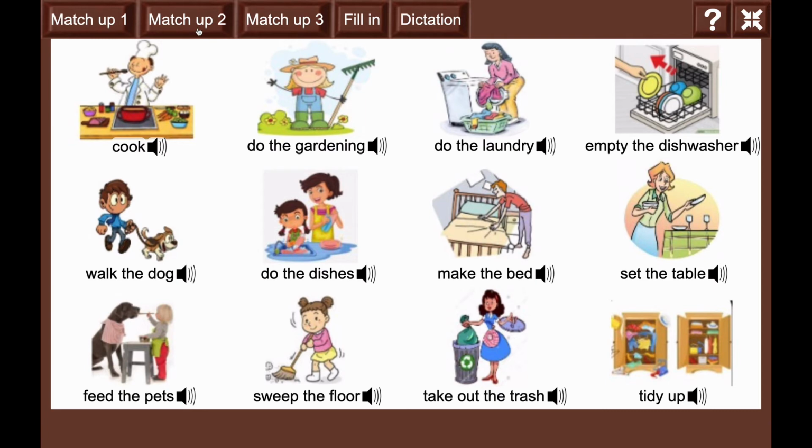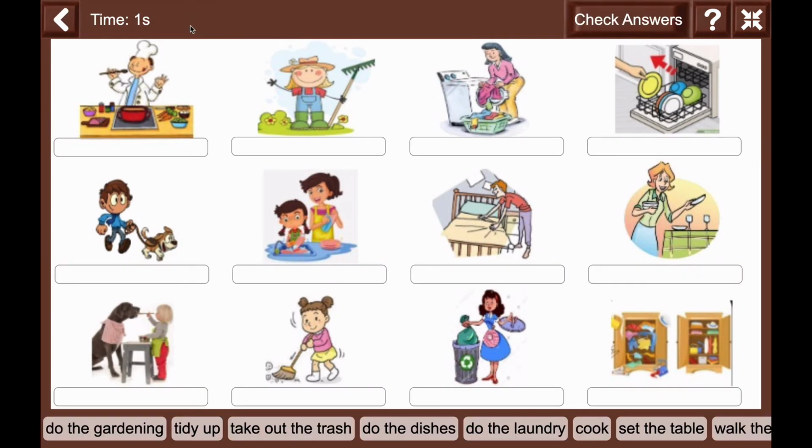Let's try match up 2. This one is not listening. This one is reading. So all the answers are on the bottom. Do the gardening.